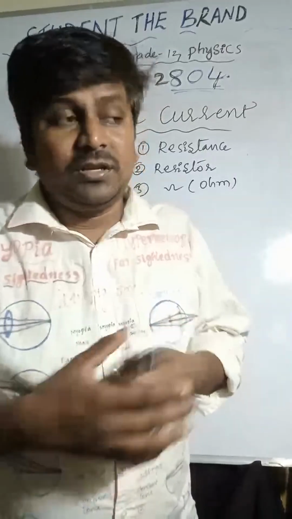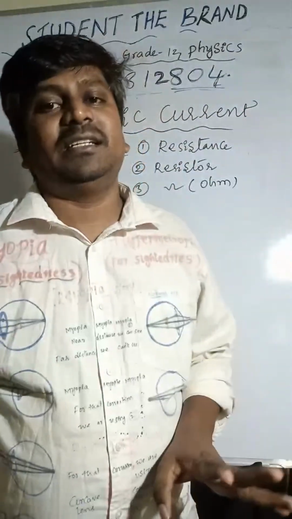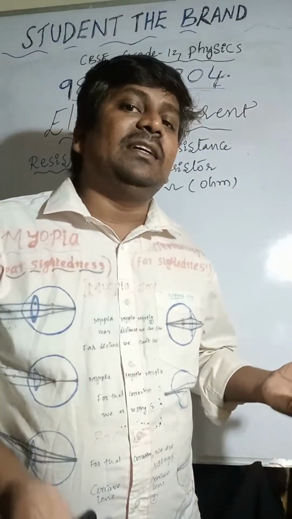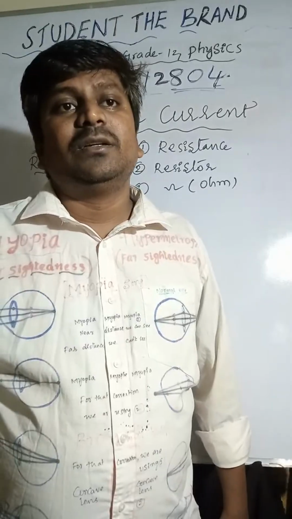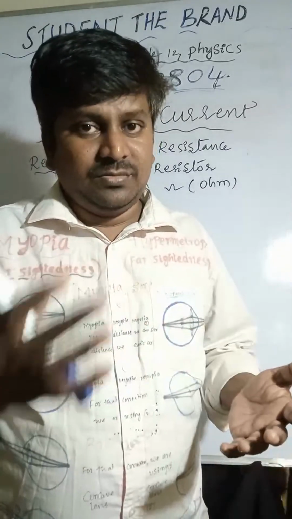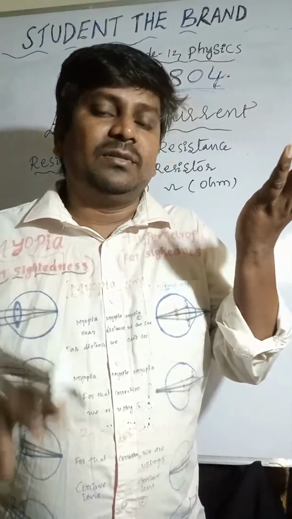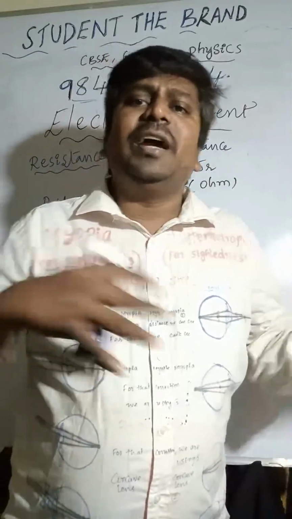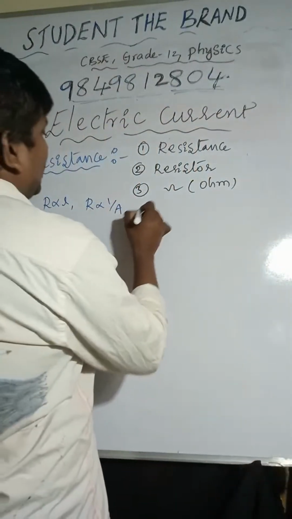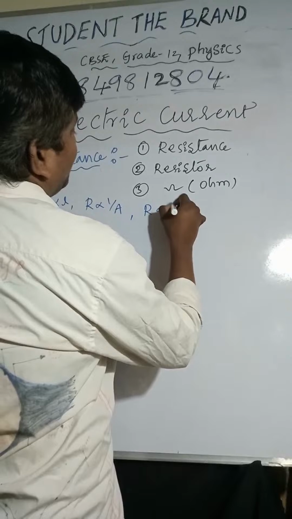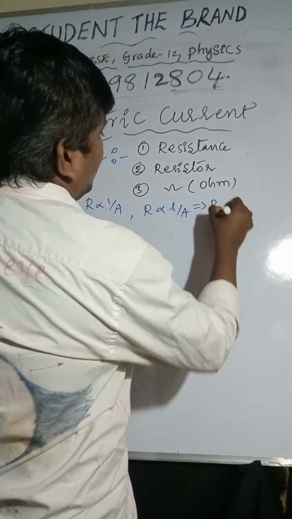Inversely proportional: when one physical quantity increases, the other decreases. One up, the other down. So R is directly proportional to L by A, and R equal to rho into